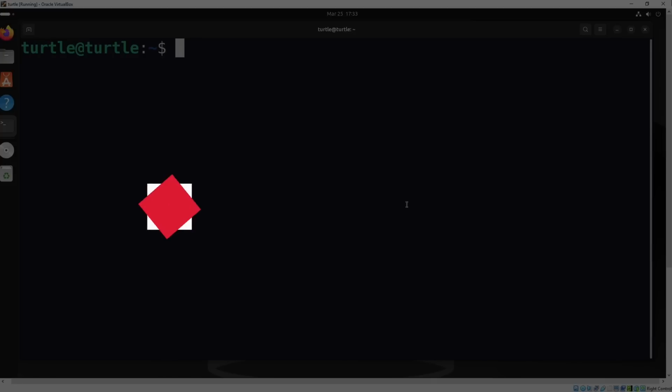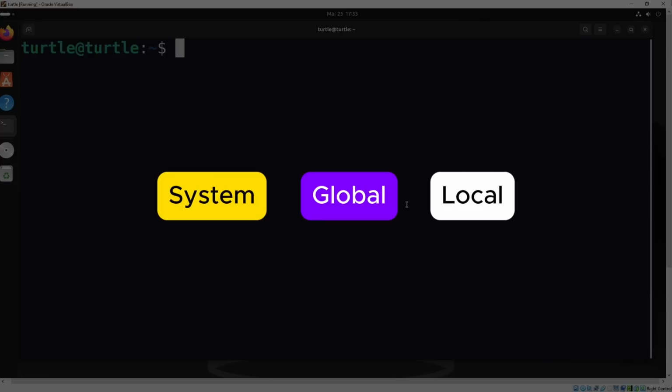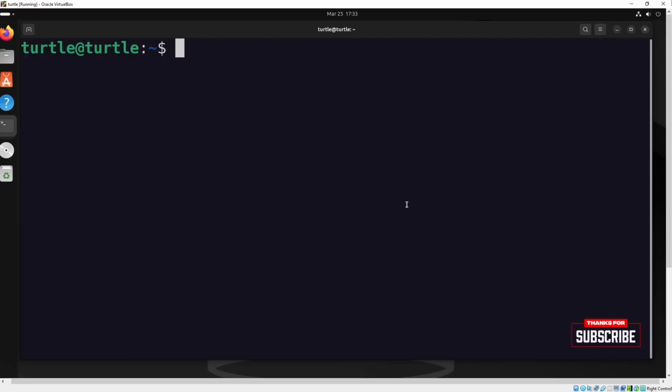Now it's time to configure Git properly. In this video, I'll walk you through Git configuration levels: system, global, and local, so you can set it up the right way for your projects. Let's get started. Before we start using Git, we need to configure it properly so that our commits are linked